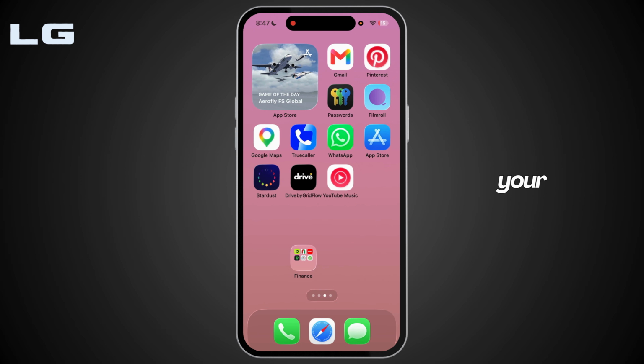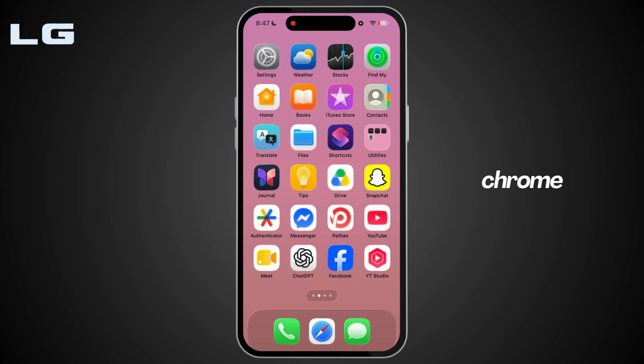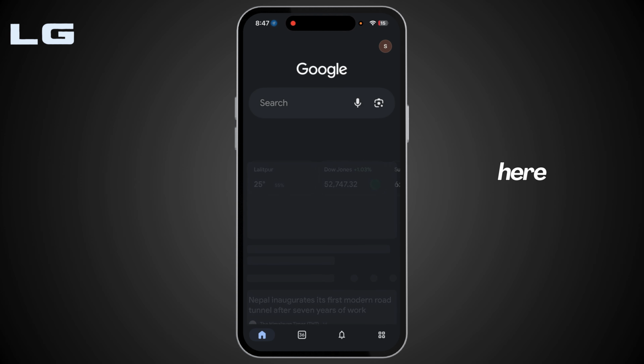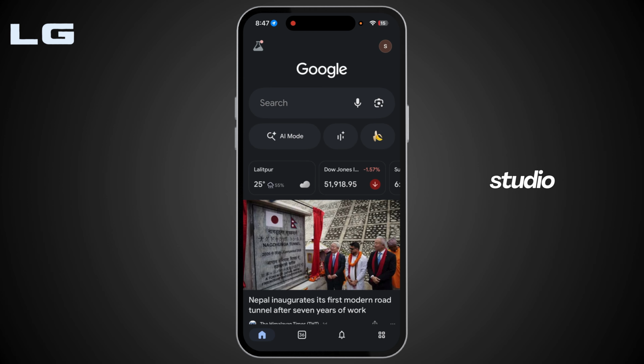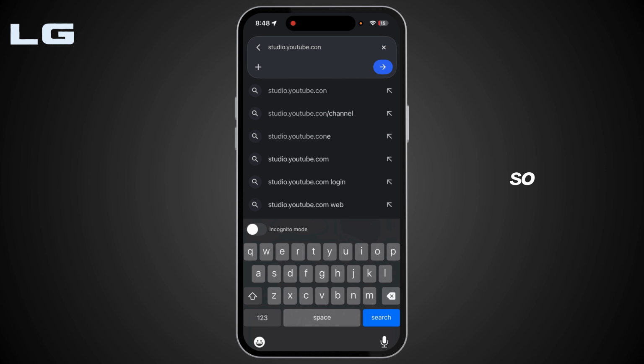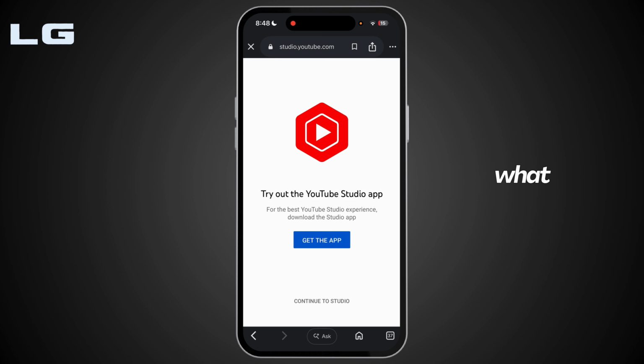you can simply open your Google, Safari or Chrome. So firstly, as I'm going to use this Google, and over here in the top there's this address bar. What you need to do is you need to type down studio.youtube.com and select search. So over here, what you need to do is you need to select this continue to